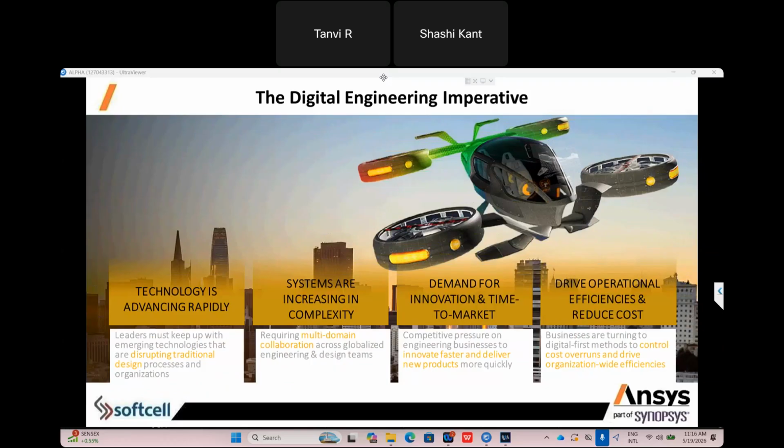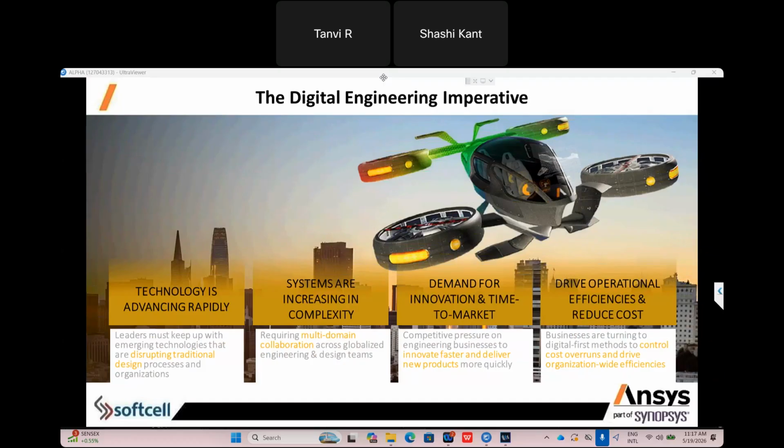So why is digital engineering required? Mainly, technology is advancing rapidly, systems are increasing in complexity, and there is demand for innovation and faster time to market, to drive operational efficiency and reduce cost. Normally, we do 3D modeling, 2D modeling, then go for manufacturing.